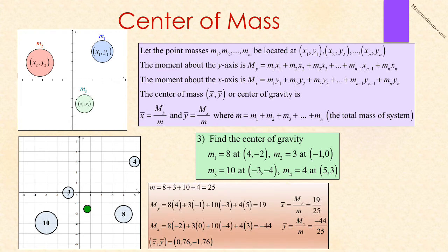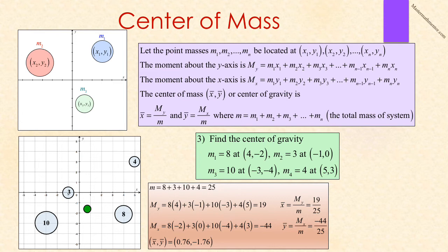We start out by finding little m, which is the mass of the entire system, which is 8 plus 3 plus 10 plus 4, which is 25. M sub y is the summation of our m's times our x variables. So it's 8 times 4 plus 3 times negative 1 plus 10 times negative 3 plus 4 times 5, which